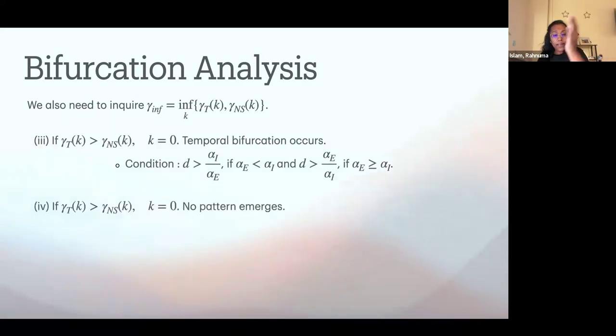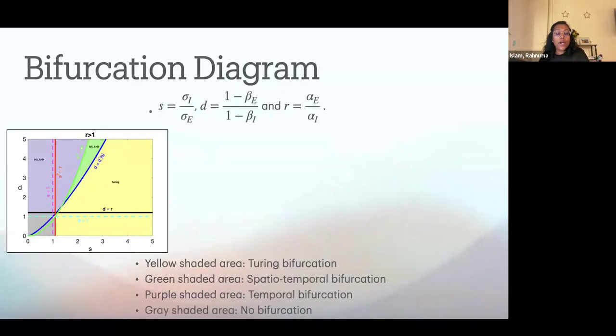And then another case is when Neimark-Sacker, sorry, this one would be less than sign. That was a typo. Turing would occur before Neimark-Sacker for k equal to 0. This is the bifurcation that does not give us any pattern. So then finally, to summarize all of those things that we did, with a little bit more simplification,